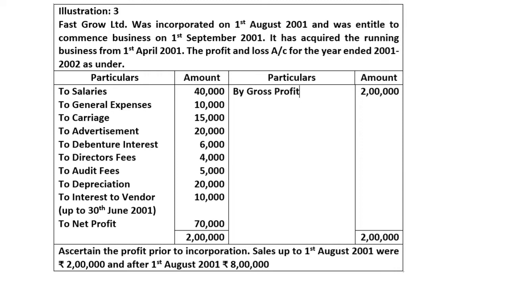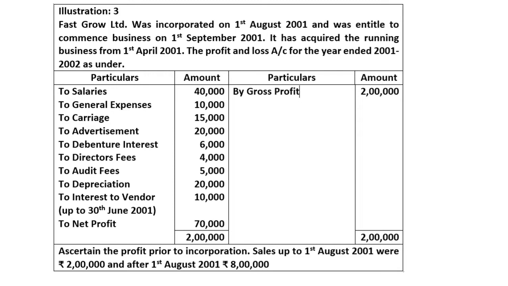So incorporation date is 1st August 2001 and commencement of business is 1st September. So we are concerned with incorporation date. Then it has acquired the running business, in the sense purchase or taking over of business is 1st April. So 1st April it was purchased and 1st August it was incorporated, and we are closing the books of accounts till 31st